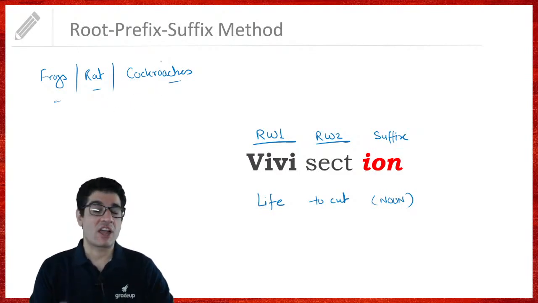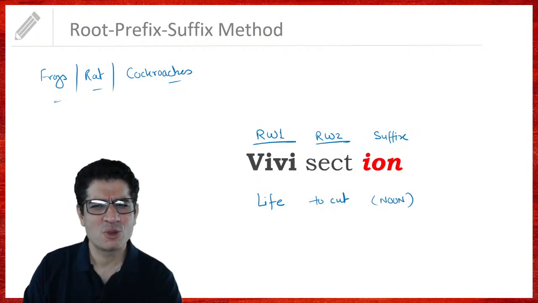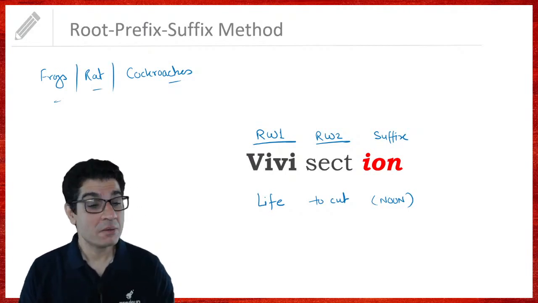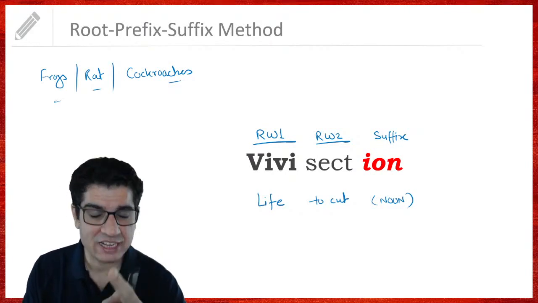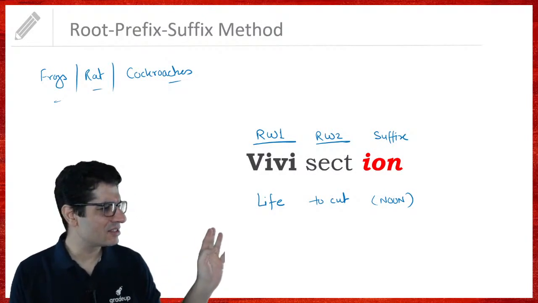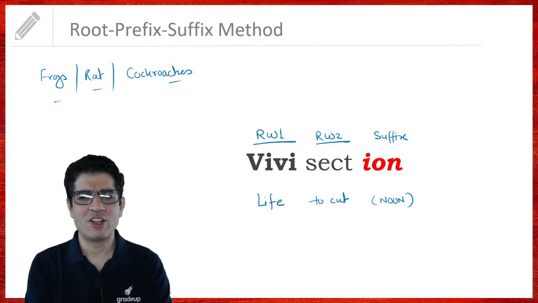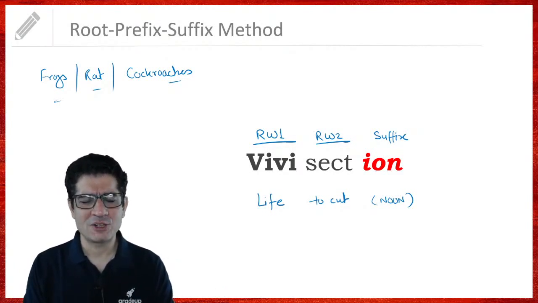Thankfully, times have changed. So now you know how easy it is to retain the meaning of this word once you know these root words. To cut somebody who is alive, to cut an animal who is alive, right? But then here is a question that you may have in your mind. Instead of retaining these three things, why can't I, or why won't I directly learn the meaning of the word? Why do I need to look at these three things?